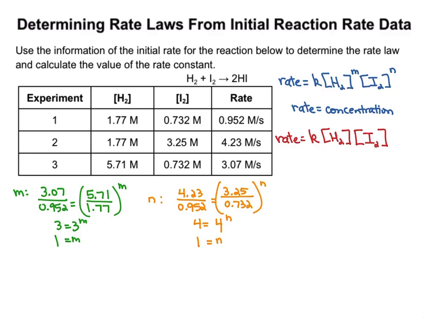I can use any of these experiments to plug in my numbers and solve for K. So I'm going to go ahead and pick any experiment. Let's just pick the first one. And I'm going to substitute my numbers in. Okay, I'm going to solve for K. So K equals